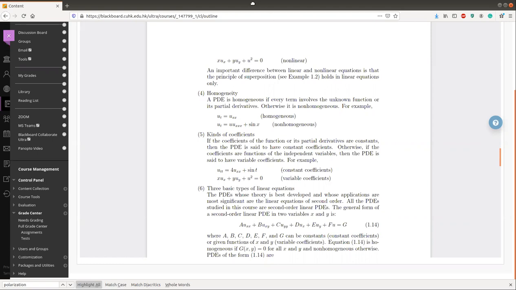Well, may I confirm one thing? Okay. In Euler's equation,